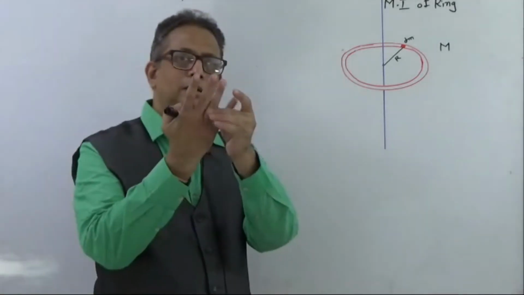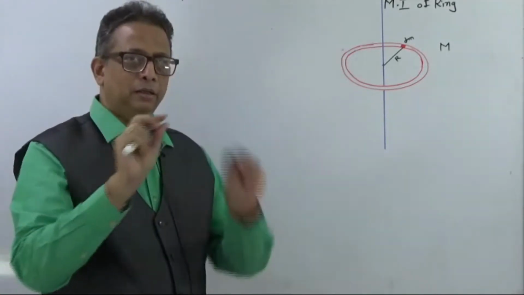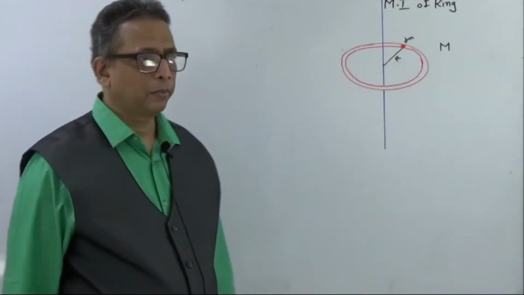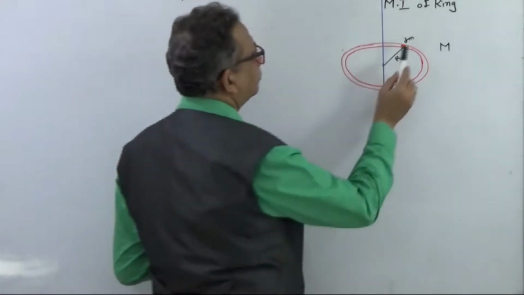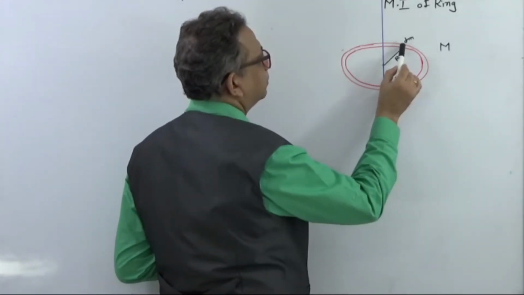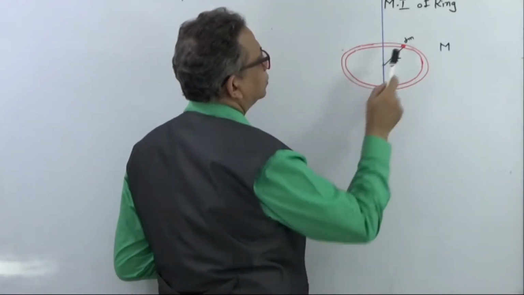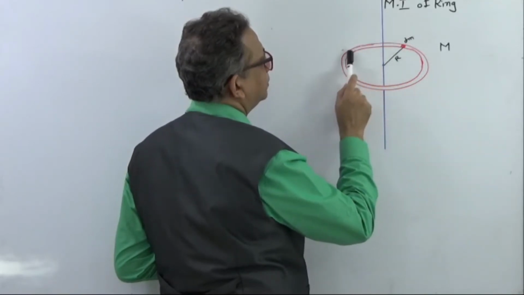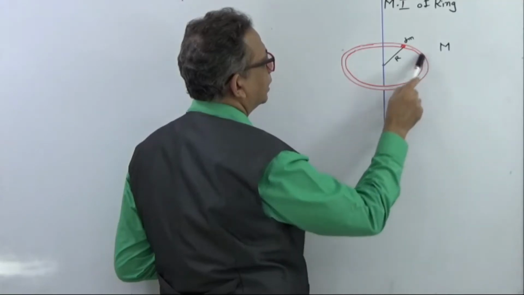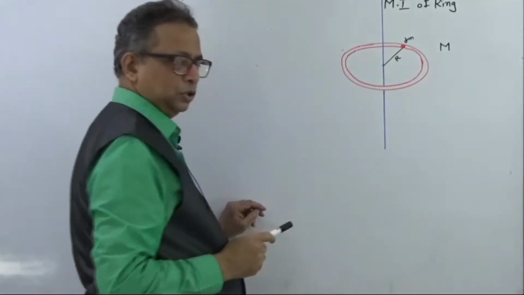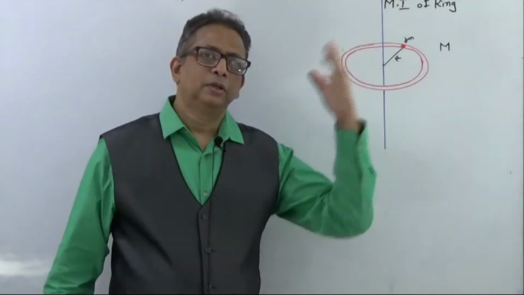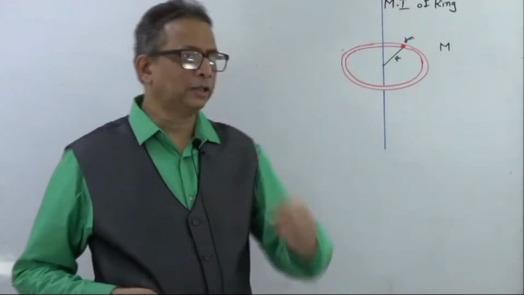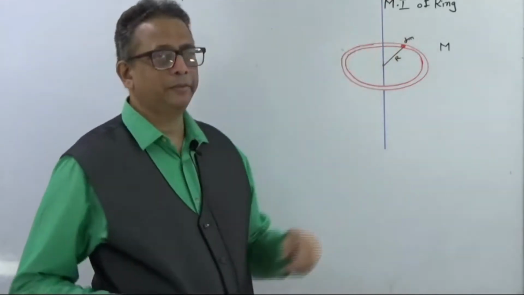Now if I want to find the moment of inertia of this ring, you know what a ring is. A ring is a circular solid object that has a fixed radius r. Now this ring is made up of particles. Suppose we take one particle of the ring, m1, and similarly m2, m3, m4, m5, m6, m7, up to mn. So we can say this ring is made up of n number of particles. I am just taking one particle, that is dm.